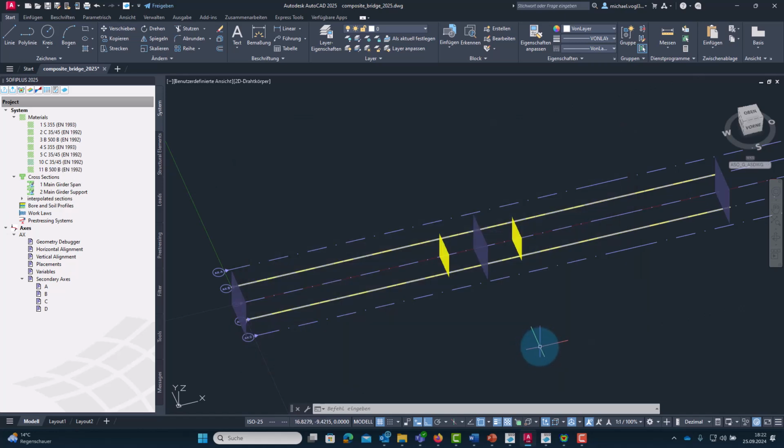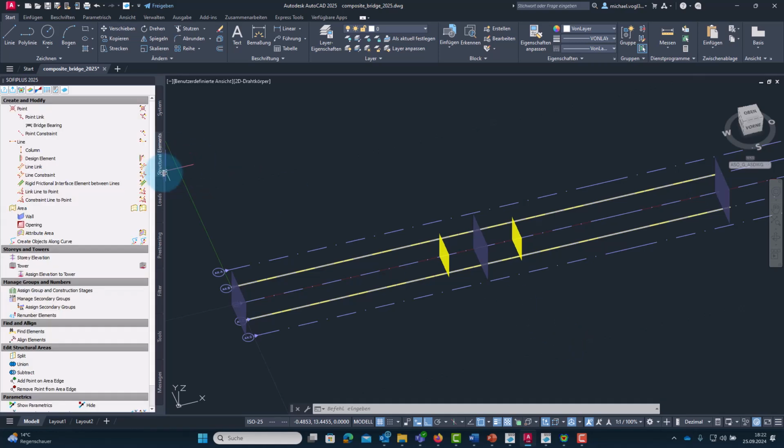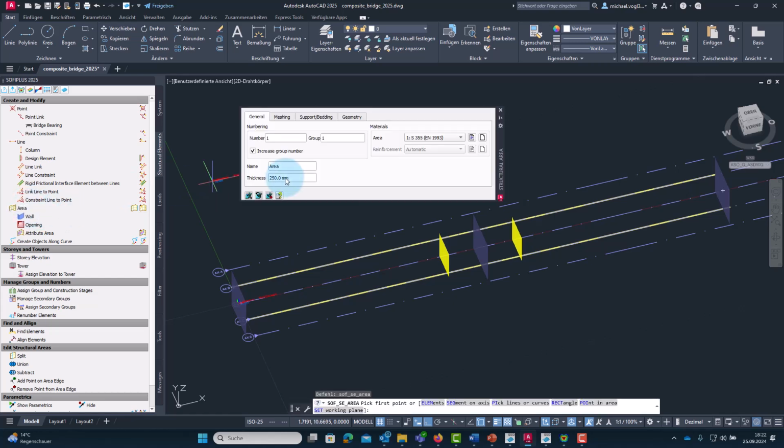Okay, then we can start to create the slab. So go to structural elements and select area, and now assign for the structural areas the group number 2 and the material 10 that we created previously for the area itself.